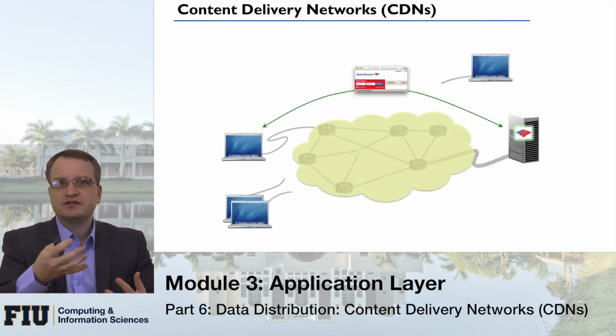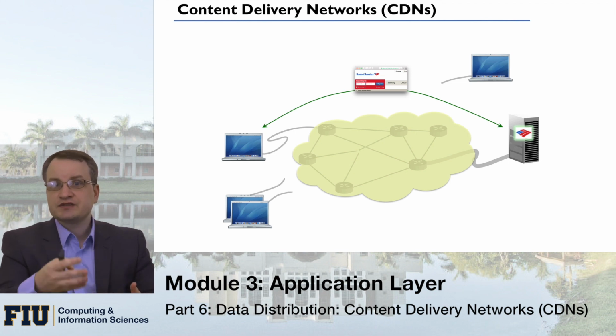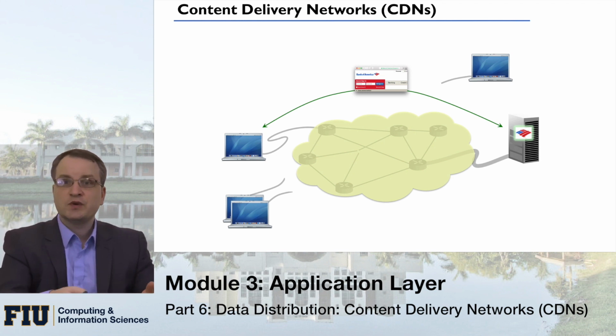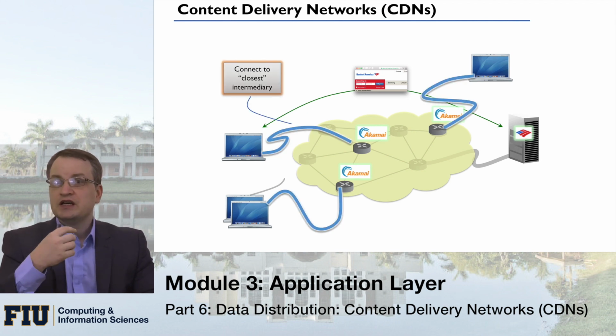Let me illustrate the same concept using a small animation. Whenever we go to some bank website, we simply type in the URL. There is some form of a DNS query, we get IP addresses, and we think that we are actually connecting to the web server. If that web service or bank is deploying these CDN servers, we're not communicating directly. We think we're communicating directly, but